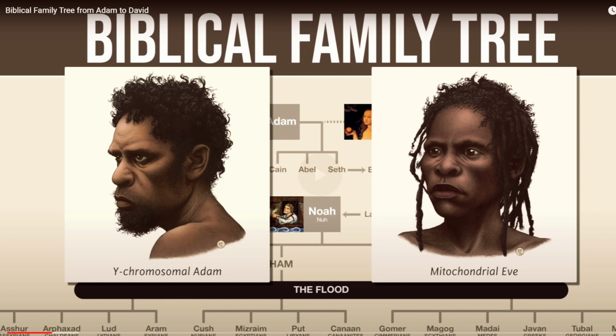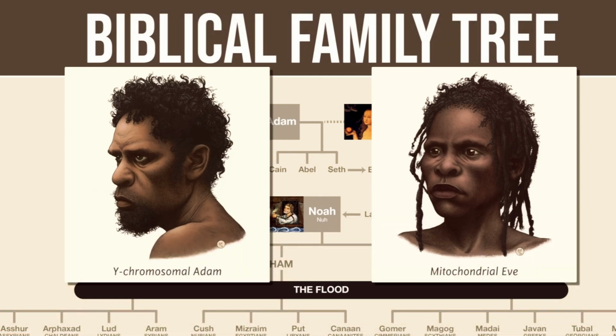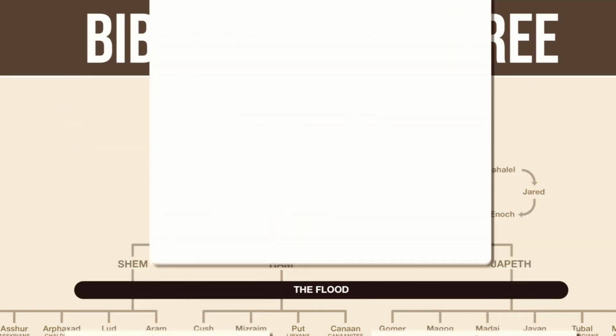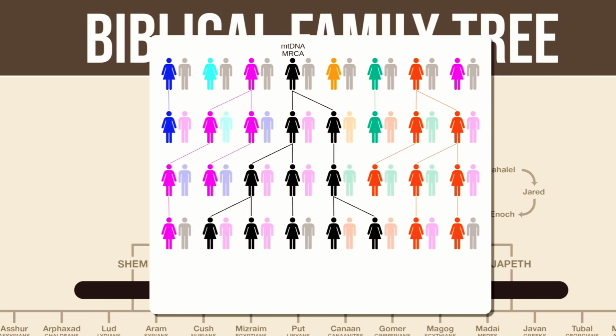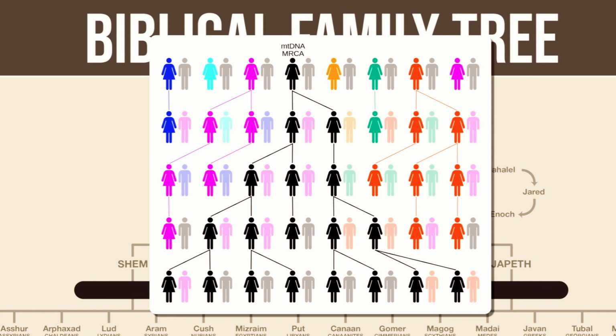But keep in mind that these two DNA ancestors are very different from the Adam and Eve from the biblical story. For one thing, Y chromosomal Adam probably did not live at the same time as mitochondrial Eve. And even if, by some strange coincidence, the science showed that they did live at the exact same time, they were likely not a couple. And they certainly would not have been the only two Homo sapiens on Earth. Instead, they were simply the male whose Y chromosomal DNA ended up beating out everyone else's, and the female whose mitochondrial DNA ended up beating out everyone else's.